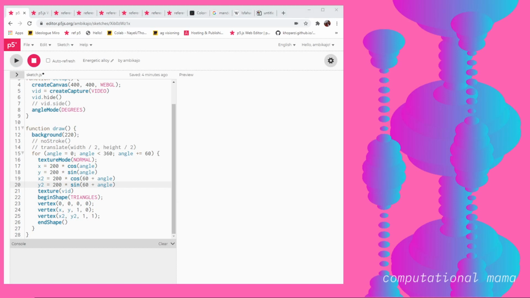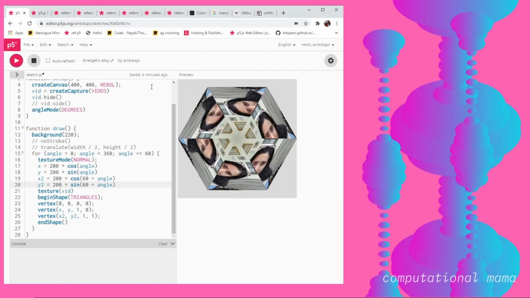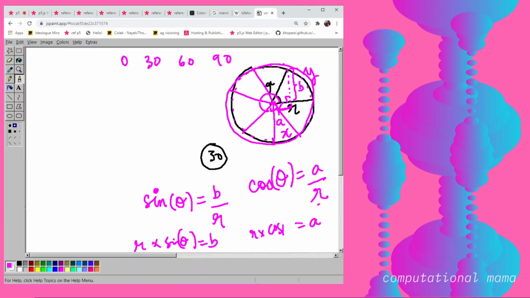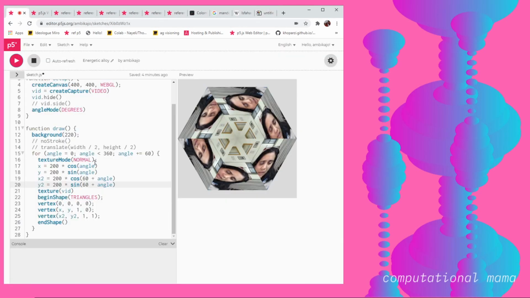So anyway, the way it's working now is, suppose you take this particular instance. What I've done in the code is that I've said, give me, as I mentioned, let it be 0 first, then 60, then 120, and so on. Okay, and ignore this texture mode for the moment because this goes into another category of things. Just look at this part of the code now, which is your x value and your y value.